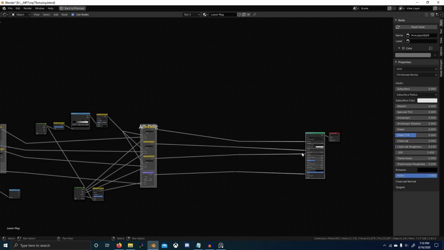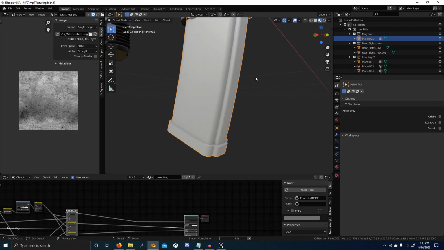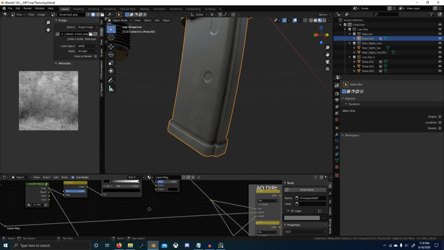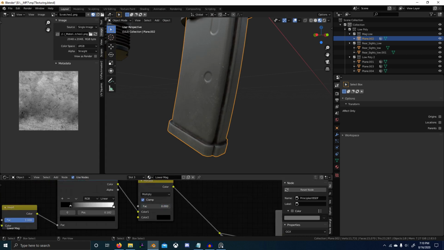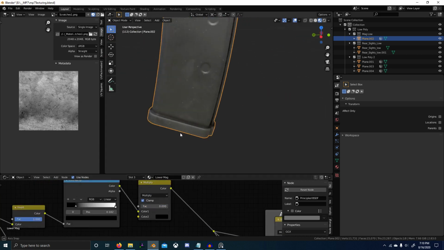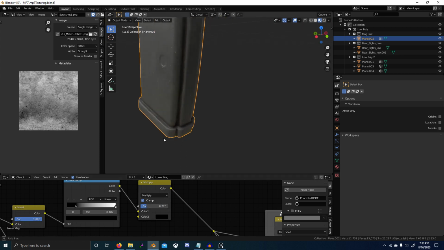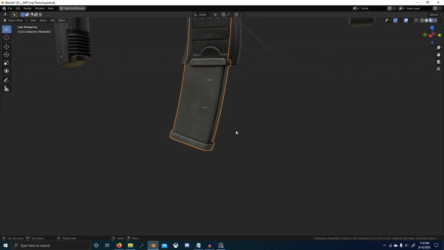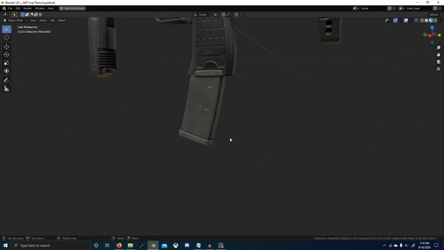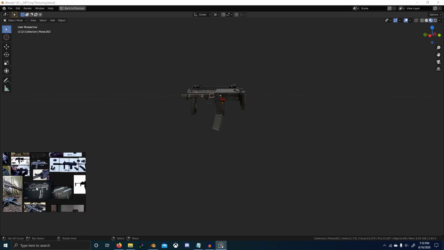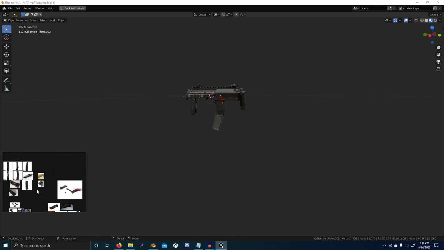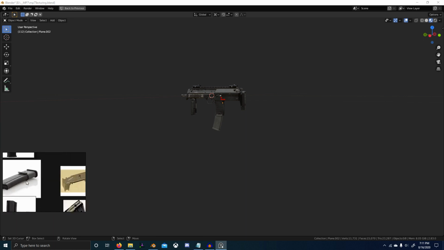Now if we preview our material, you can see it should just work, and we want to keep it pretty much all the way on, maybe just a little bit off. Alright, that looks good to me. Let's look at our reference. Alright, that's a different type of mag than the one we made. We made this one,